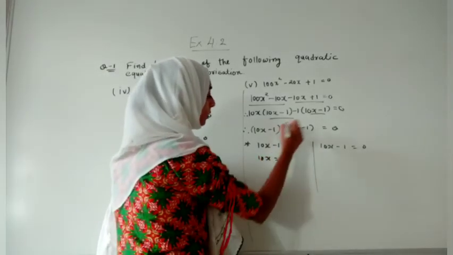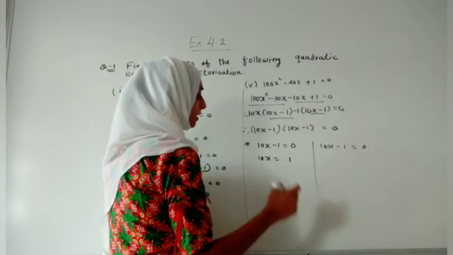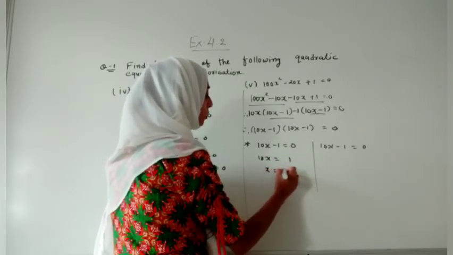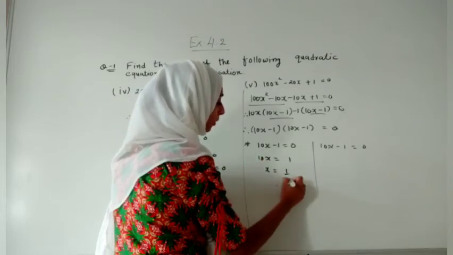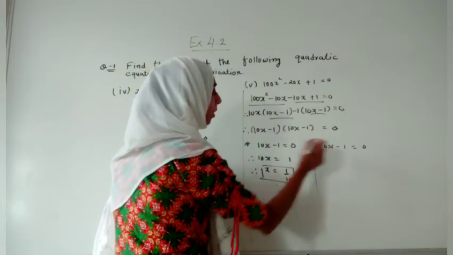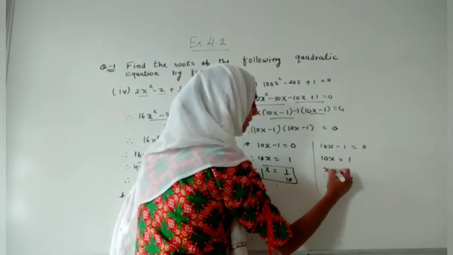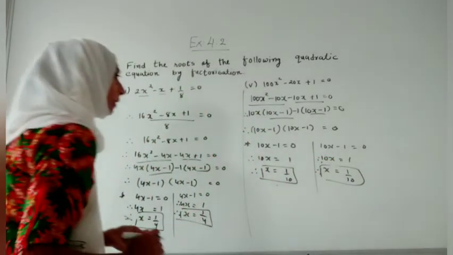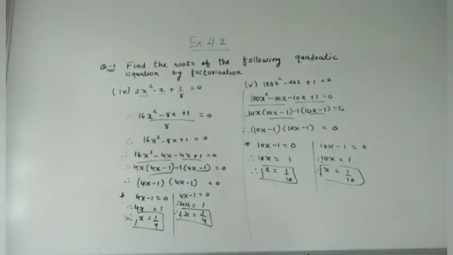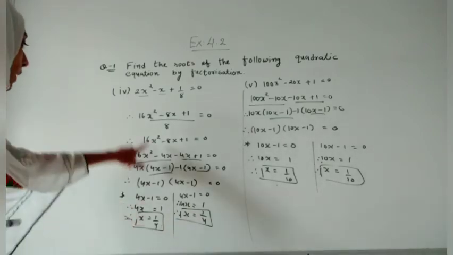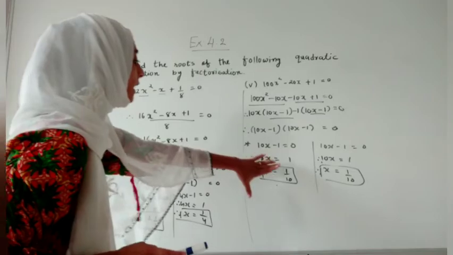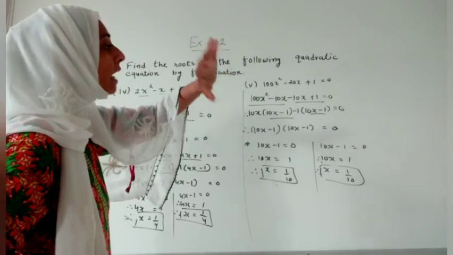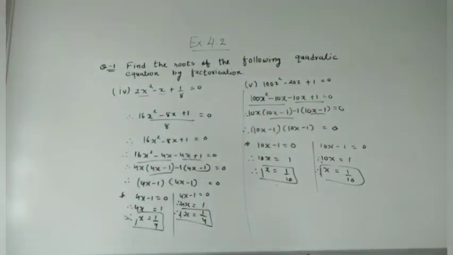So let us shift this 1 over there, it will become plus. बहुत सारे बच्चों का प्लस माइनस में प्रॉब्लम होगा, बी टेक मीन्स बी केयरफुल रिलेटेड टू इट. So it is multiplied, it goes down और ये हो गया divide by 10 और इसी तरह यहाँ पे same process x will become 1 upon 10. So this is how we got two answers and they both have the same zeros. So when we are substituting 1 upon 4 in this equation we will get the answer as 0 and if we are substituting 1 upon 10 in this equation we will get another time the answer as 0. So this is the concept of this thing.